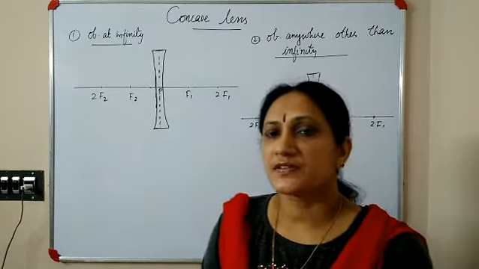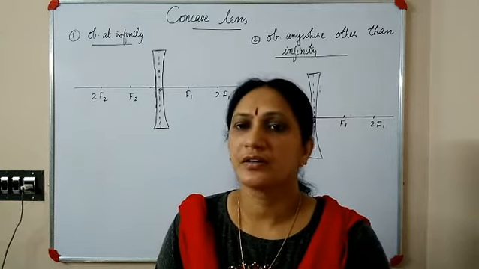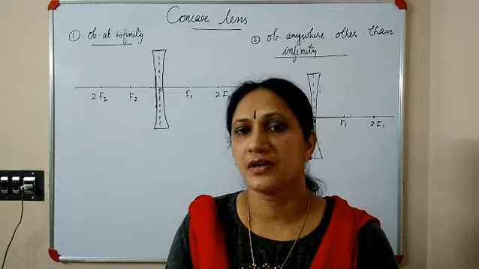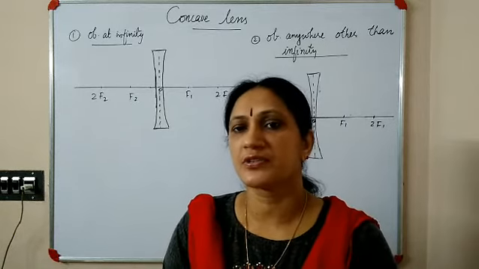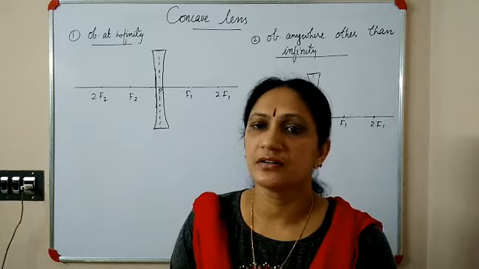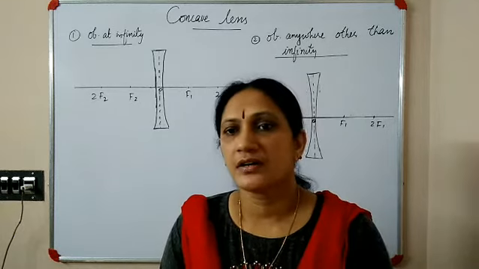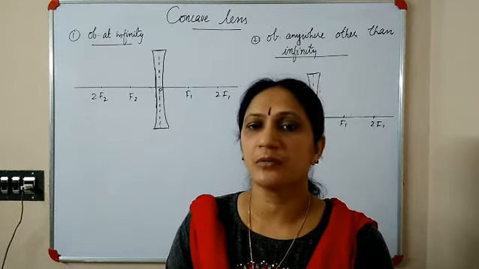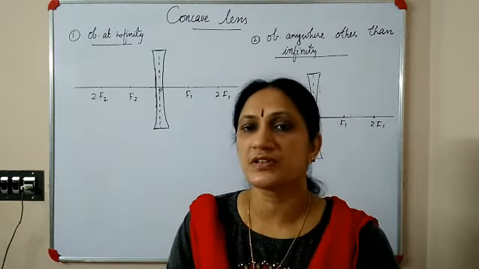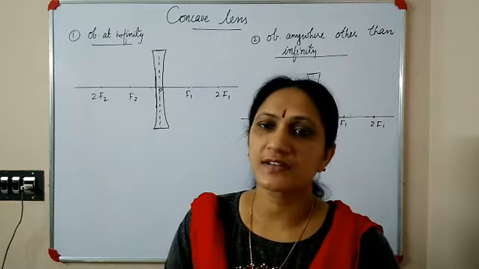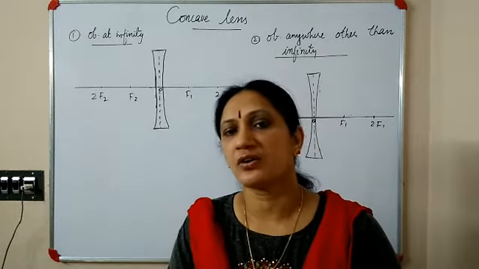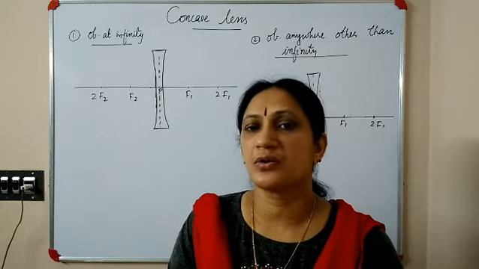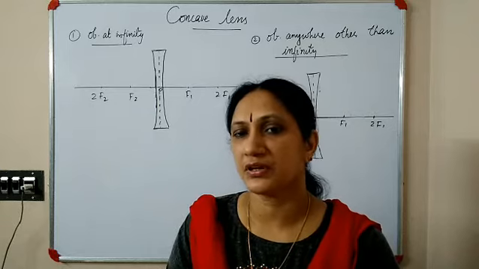Last video we discussed image formation in a convex lens when the object is kept at different positions. Altogether 6 different positions we discussed, and you could see that in most of the cases a real image is formed. In the last case, when the object is between optical center and principal focus, a convex lens makes a virtual enlarged image. That is the only case of virtual image.